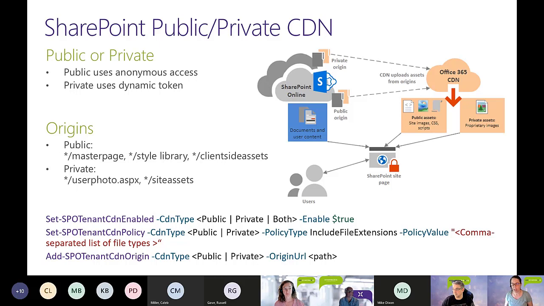It is basically that once you enable it, and it's all a PowerShell thing, and since Todd's not here, we won't go into it, but I do have the commands down below that you can look into, and we do have a link at the end of the deck where the article is linked. But basically, when you turn the public or private CDN on, you end up defining origins, and there are some default ones. Those origins are the things that SharePoint then syncs to that